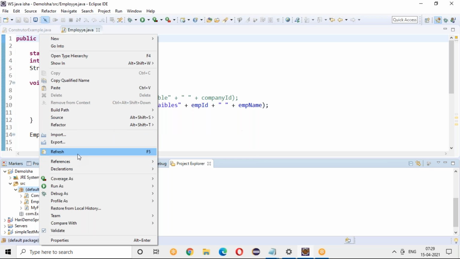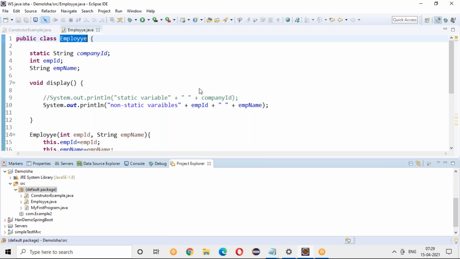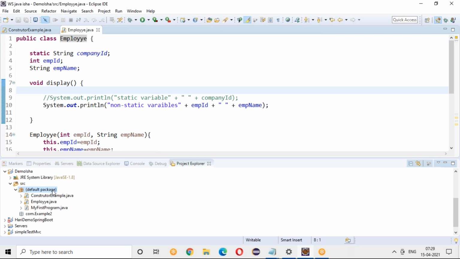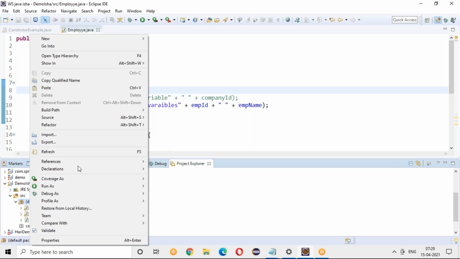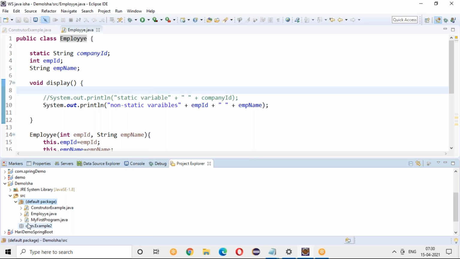Refactor. Sorry. Okay, so it is not allowing to refactor. Okay, fine. So it is present in this default package,